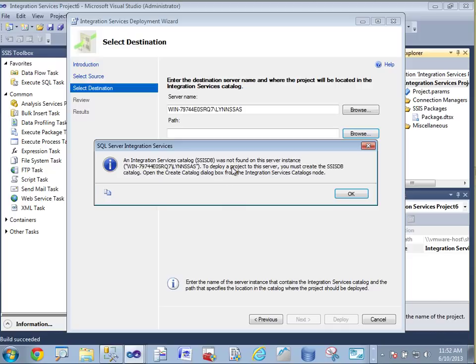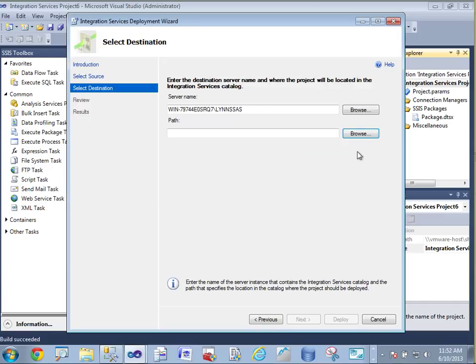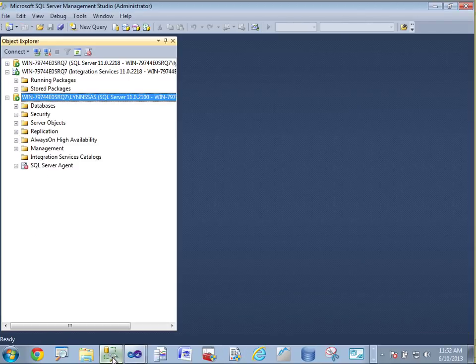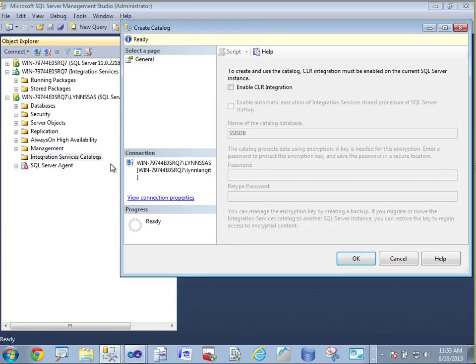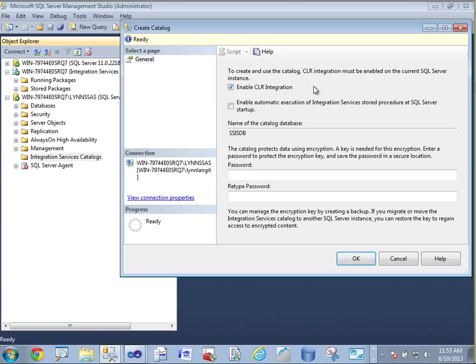Notice it says to deploy a project to the server, you must create the SSISDB catalog. And it tells you to open the create catalog from Integration Services. So if I wanted to do this, I would go over to my Management Studio, to my particular instance, to the Integration Services Catalog. I would right-click and I would say create catalog. So I would create a catalog, and it says to create and use this catalog, CLR integration must be enabled. So that's another thing to know. We have to enable CLR,